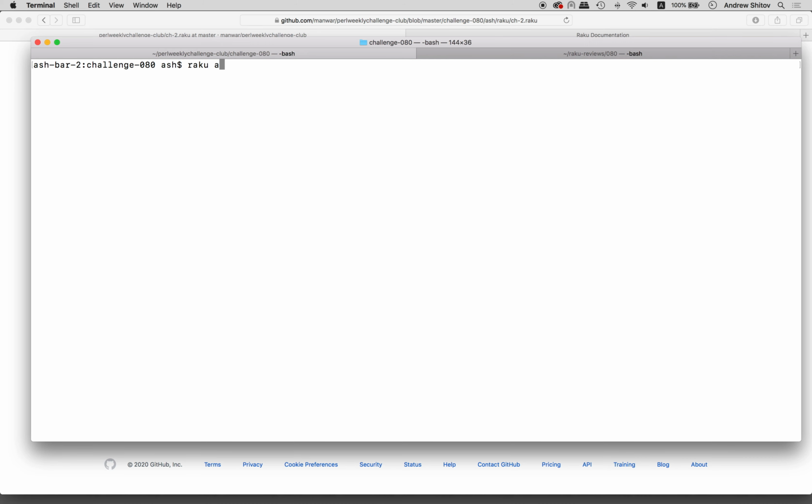So let me run this ash Raku 2, and voila. So you see, first run, second run, actually third run. But on the third run, actually on the second run, I don't know why we didn't stop earlier, but nevertheless, after this second run, okay, yeah, I know why we didn't stop, because here